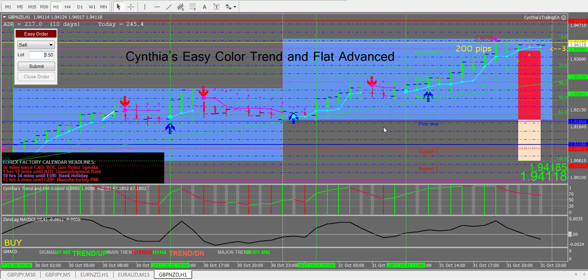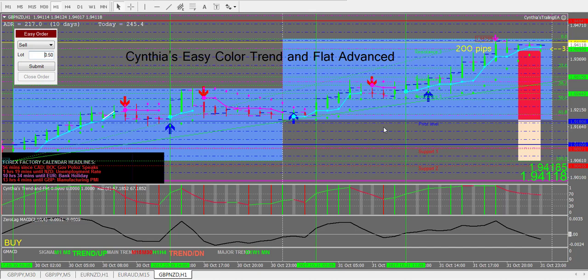So it's a very versatile trailing EA. It's not a simple trailing EA. It's a little bit on the complex side, but because I give you the presets already, it makes it very easy for you to learn how to use it. And you can just continue to use mine, or you can tweak mine to make them suit your trading style a little bit better for you. So those are my 2 trading tools that make my trading pretty much